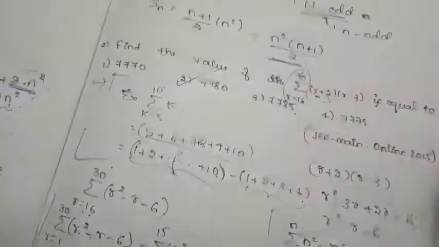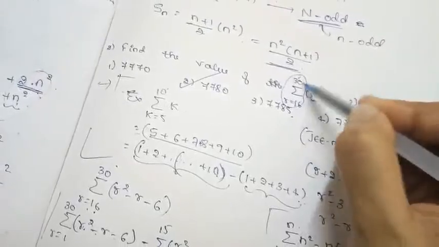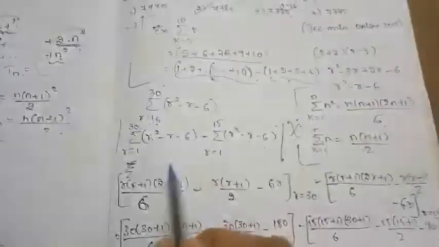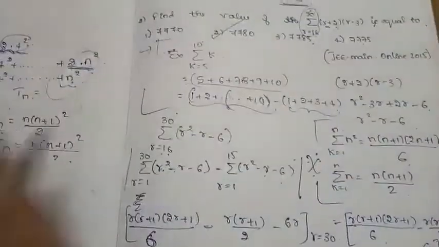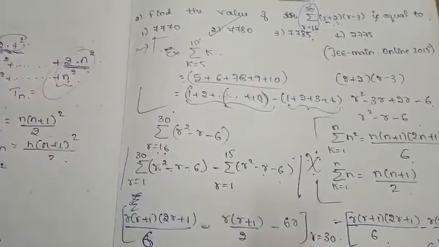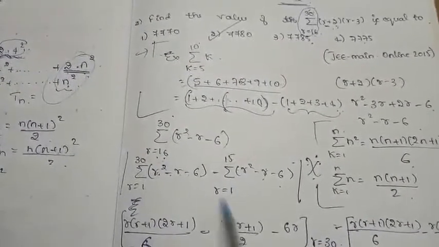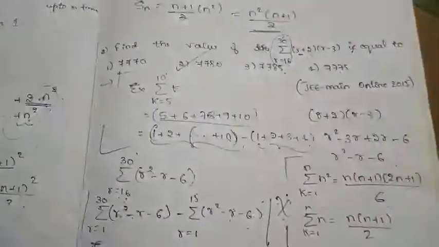The main concept you need to understand is, if the summation is given in this form, from the whole sum I take out the remaining things which are not needed. If we remove those from the whole sum, we are going to get the required sum which is given in the question. So this is regarding this question.